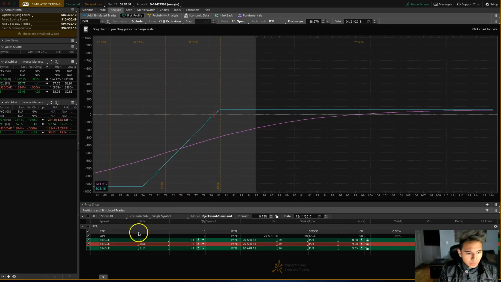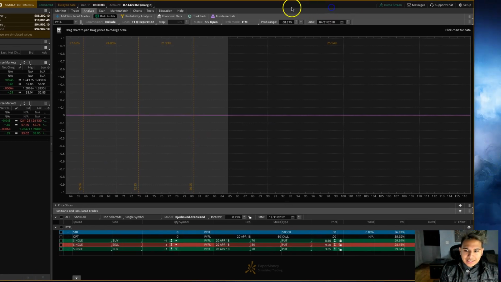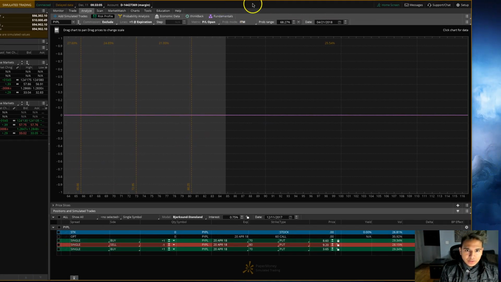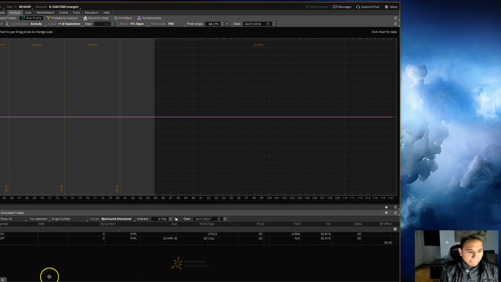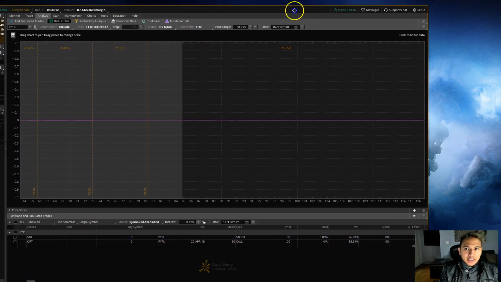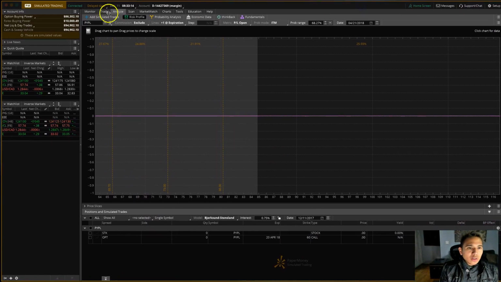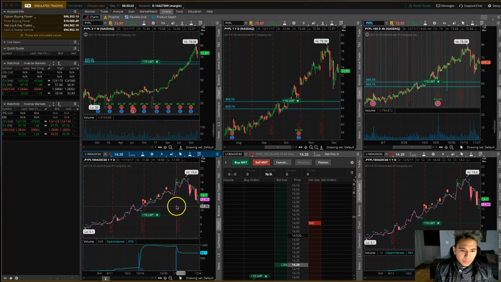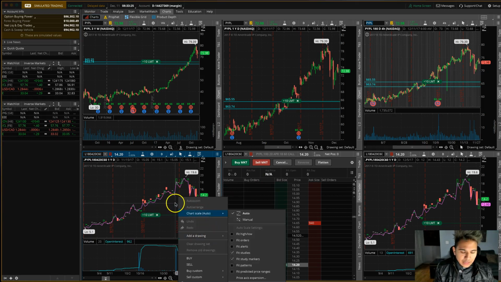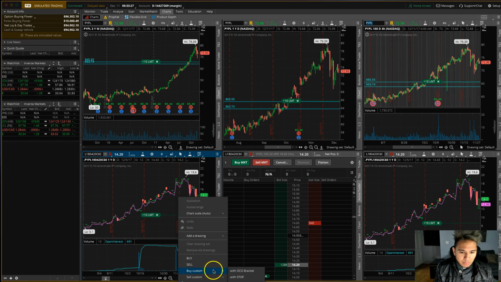Now, let's try something else. This is just all the different ways you can kind of play with this. So now let's exit all of these trades out and try something else. Let's go back to charts here, and you can see that this is what we had just customized. And let's try, for example, left click or right click and then buy custom